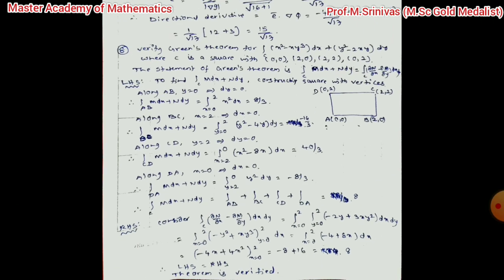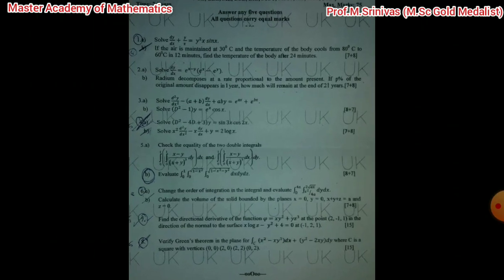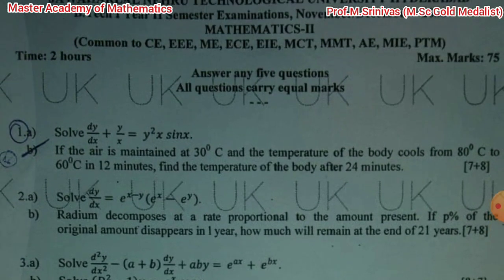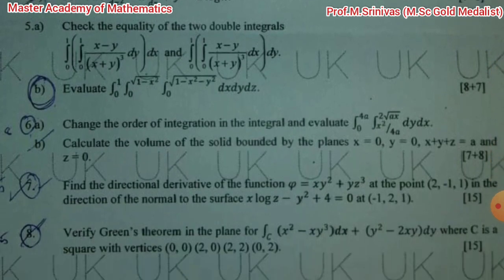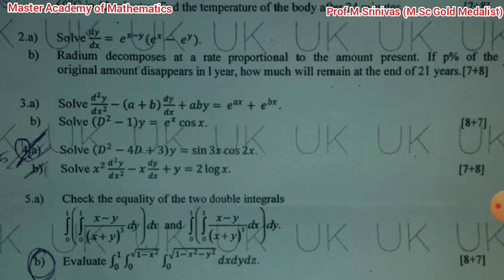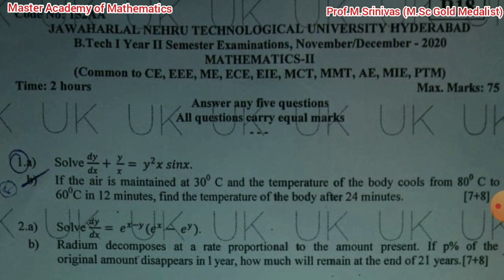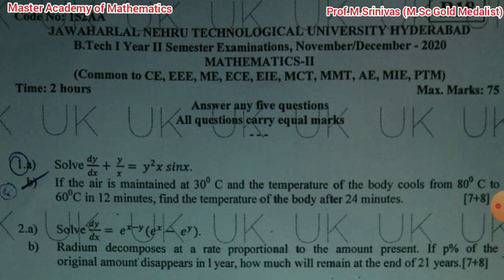So these are the different 8 problems corresponding to the paper for other than CS and IT. It was conducted on 16th November 2020 in the morning session, for other than CS and IT people. So there are 8 problems, just verify with your answers, and you will get maximum confidence. And those who are following my lectures, especially the YouTube videos, will definitely get a maximum score. The afternoon paper is also very simple, with a little bit of complication, but nothing to worry about. With liberal valuation, you will get maximum score.